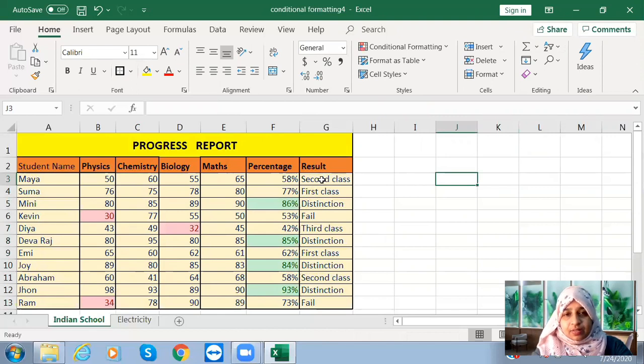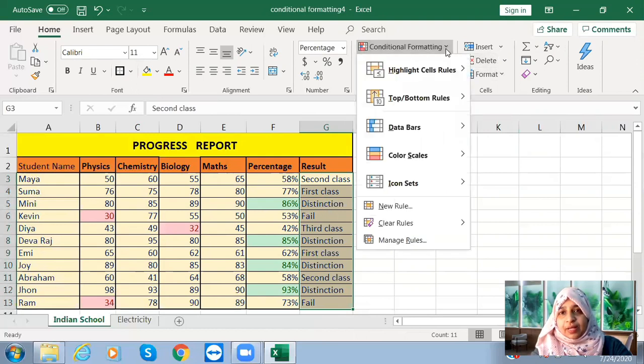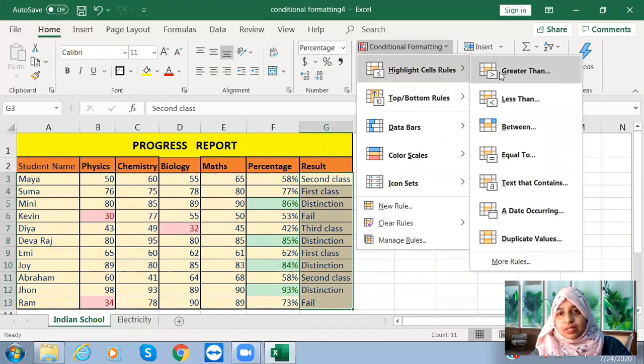Yes. Click on OK. Now it is applied, right? Now the next, the result column here, this is a text value, right? So go to conditional formatting, highlight cell rule. You can see text that contains, between, equal to and all, you can try. Similar to what we have already tried, greater than, less than. So you can try between, equal to. Now the text that contains.